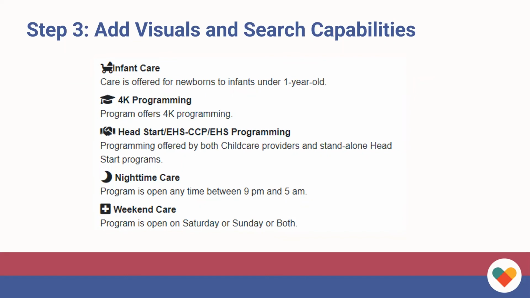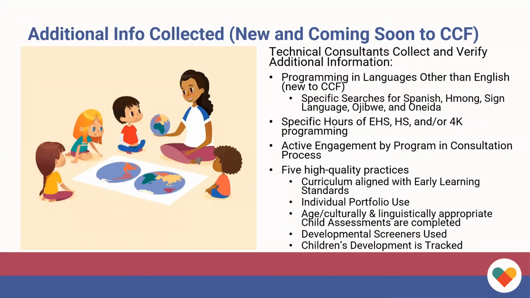I can also now see what providers in my county have infant toddler care and Head Start care. Or what programs in my county have nighttime care. Go ahead and go on to the next one. And so those are already embedded within our system for families to use right now. And as we continue to